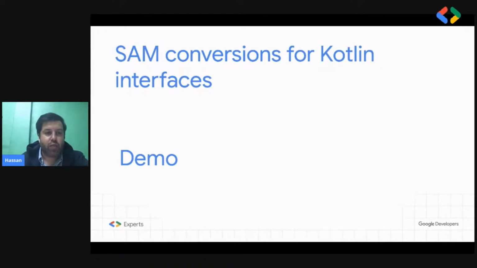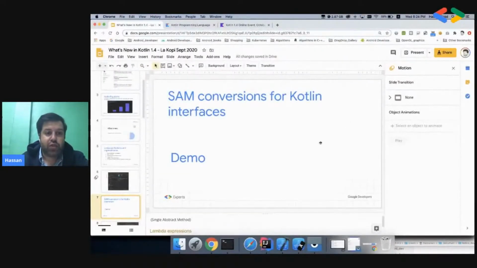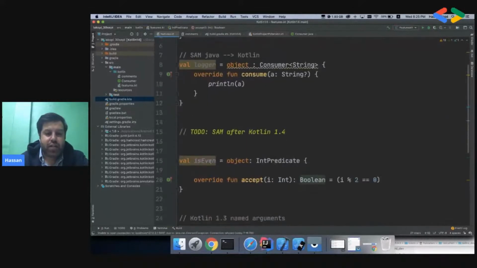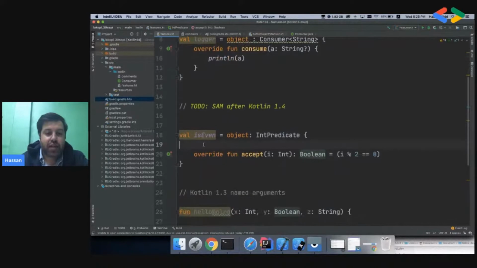To explain what it is, I'll just deep dive into the demo. Before Kotlin 1.4, when we write an interface that has only one abstract function, and then we try to make an object of this interface, we cannot avoid this function.